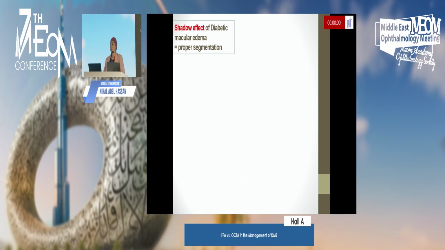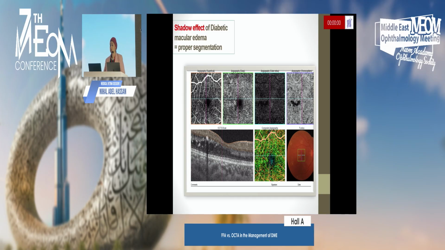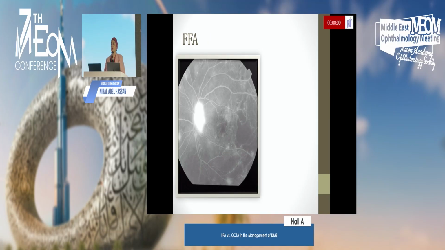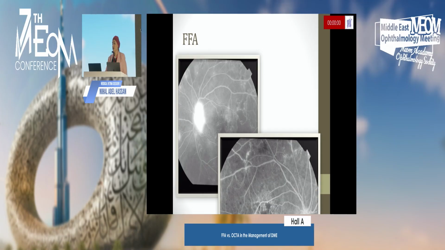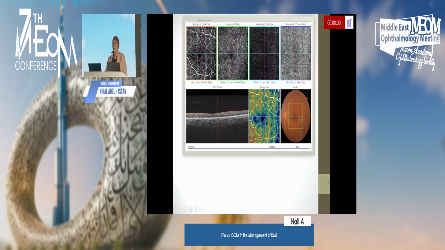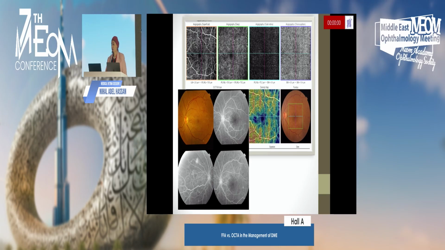Motion artifacts and an uncooperative patient might be a more hindering factor in OCT angio, and the proper segmentation and the shadowing effect, all these have a learning curve in OCTA. Fluorescein angiography is obvious in showing the new vascularization, and the 4-quadrant assessment of the retinal periphery is very obvious. Here is another case showing with the dye new vascularization in the periphery, though in the macular area nothing to worry about except some